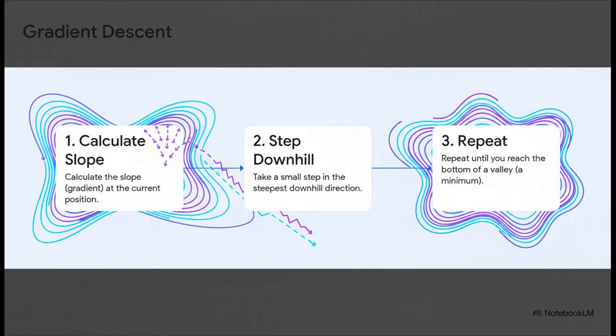So how does it find its way? It uses a beautifully simple process called gradient descent. Imagine it standing on that landscape. At every single point, it just calculates the gradient, which is just a fancy word for the steepest direction. And then it takes one small step downhill. And it just does this over and over and over. A tiny step, then another, slowly feeling its way down the error landscape. And that slow, patient, downhill walk, well, that's the essence of learning.